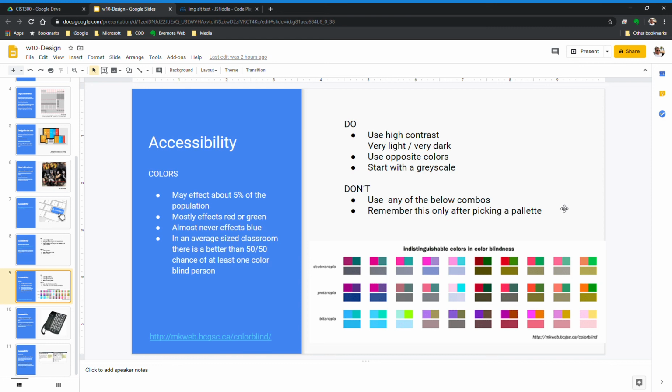That's a great rule of thumb for a do. And the last do, I suppose, is for text, just always use black or white, and then the background colors, so long as you're doing that high contrast with light and dark, the background colors could be any color at that point. And then don't, like I mentioned, don't use any of these color combinations down here,